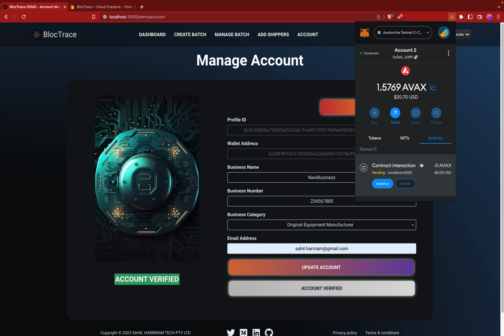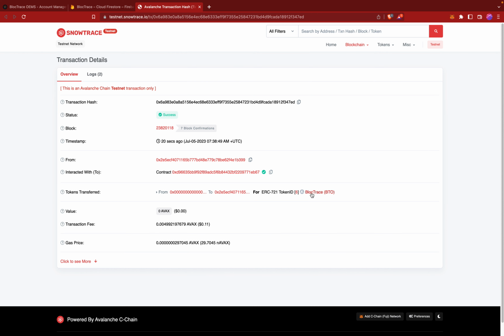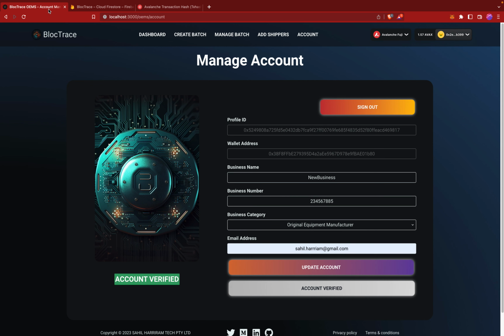Just a little slow on the RPC that I've got here. Yep, so the contract's been minted. So now if we go to the Block Explorer, yep, we can see that I've minted one BTO NFT, which is showing that I'm now a verified account on the BlocTrace platform. So when we go to the dashboard,